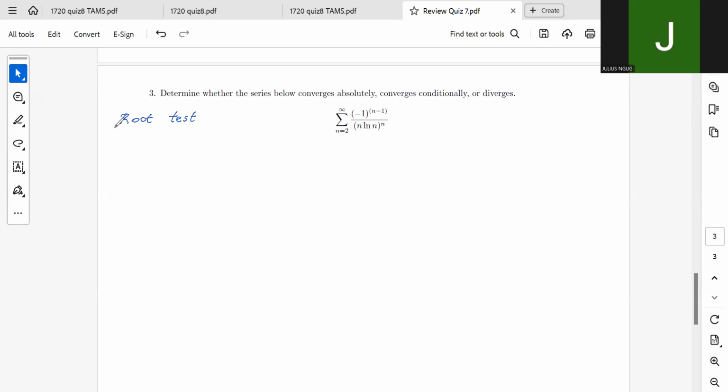So we use the root test, and again, we say if limit as n tends to infinity of nth root of an is strictly less than 1,